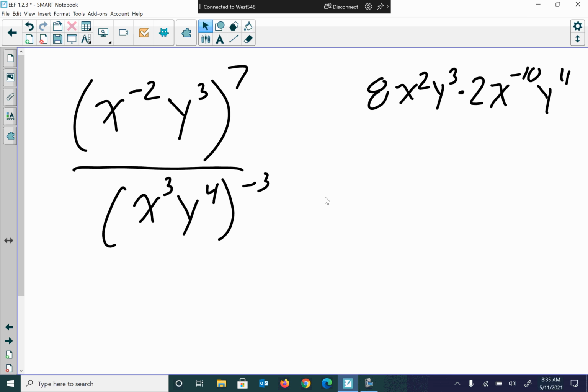These last two problems. I think this is the last of the packet. Is that correct? All right. So